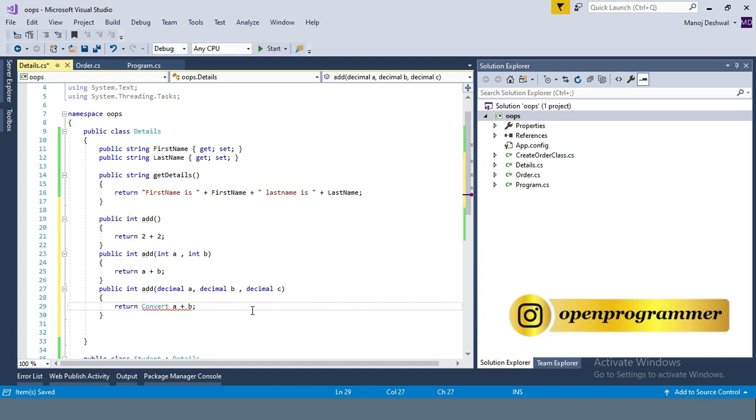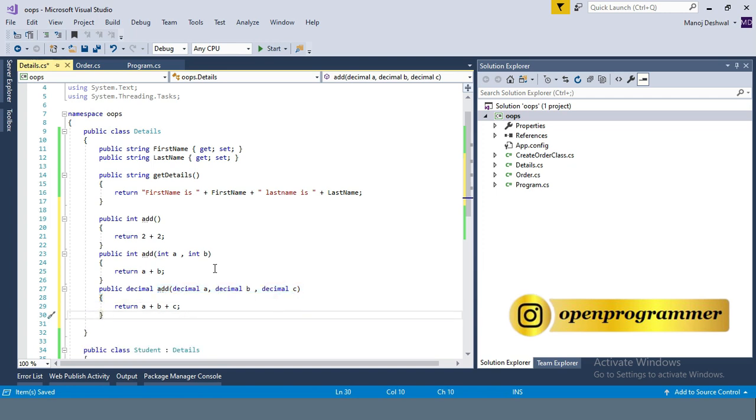Okay, that is not the right way because we need to change the return to a plus b plus c. So what is happening, we have the same method Add, but the parameters or the signature is different. This one is blank, this one is taking two integer parameters, and this one is taking three decimal parameters. So that is an example of polymorphism.